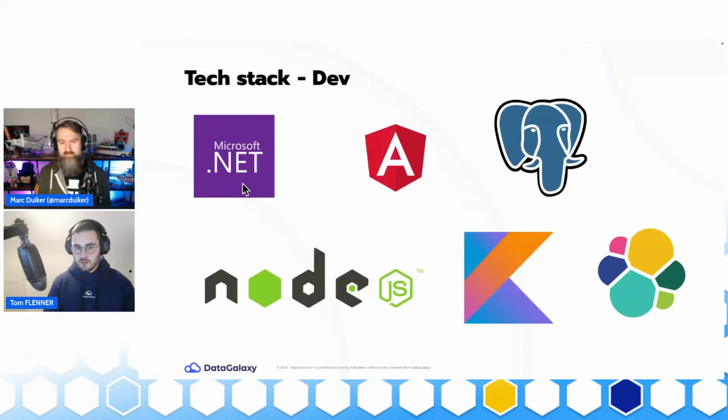So our technical stack, we have a few things here. Mainly for the backend, we are using .NET in the latest version, .NET 9. For the frontend, we have something in Angular. Our database is PostgreSQL. We also have Node.js for the public API, which is the part of the API that is exposed to end users. We also have Kotlin for our connectors that are responsible for gathering data and metadata from the information systems of end users. And we're also using Elasticsearch to perform document search in the catalog.